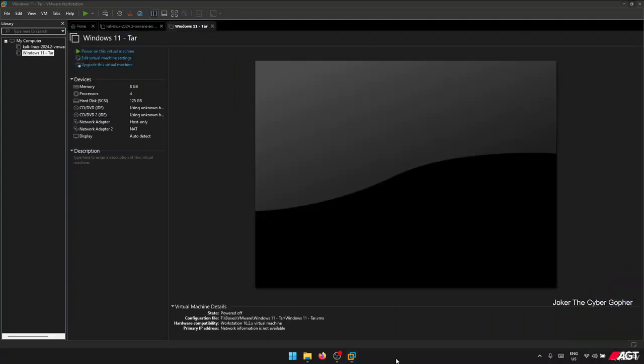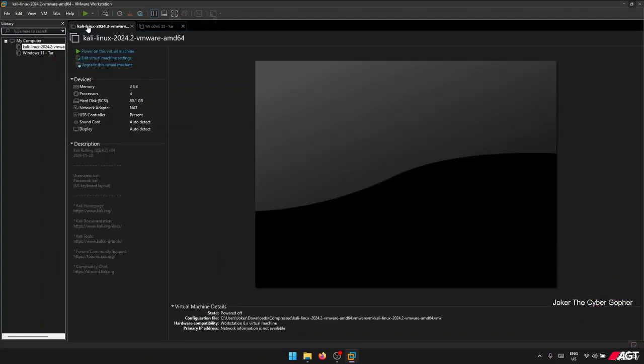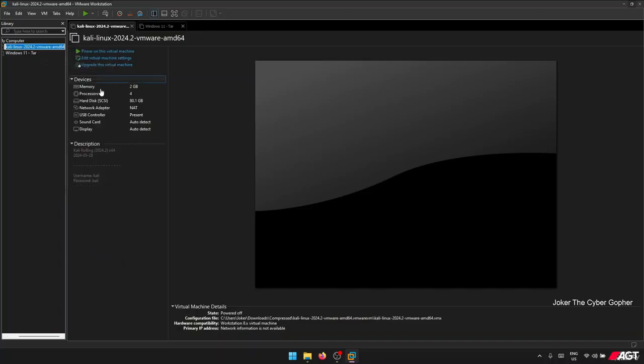The importation of the Windows 11 virtual machine is finished. Now let's go ahead and modify these virtual machine settings. I'll go ahead and start with the Kali Linux right here. I'll right click on it and hit rename. I want to name it Ninja,